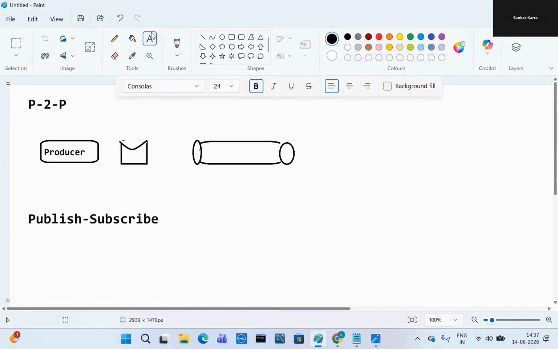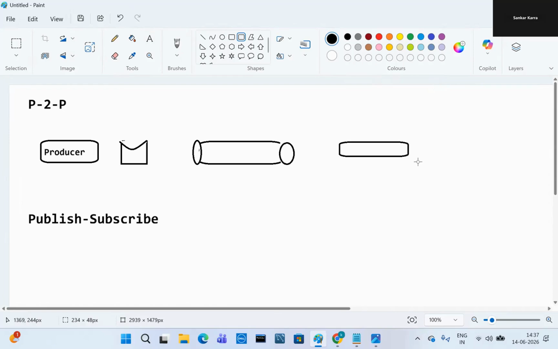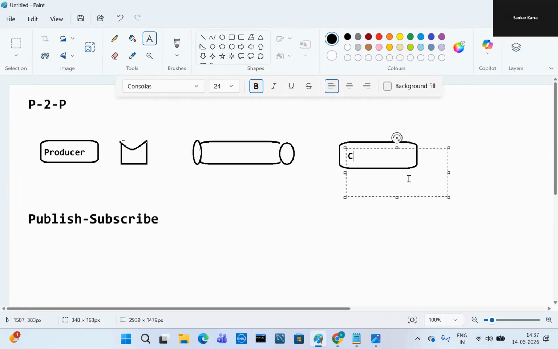Here the consumer will be there. This is the consumer. So this is the P2P, point-to-point messaging system.